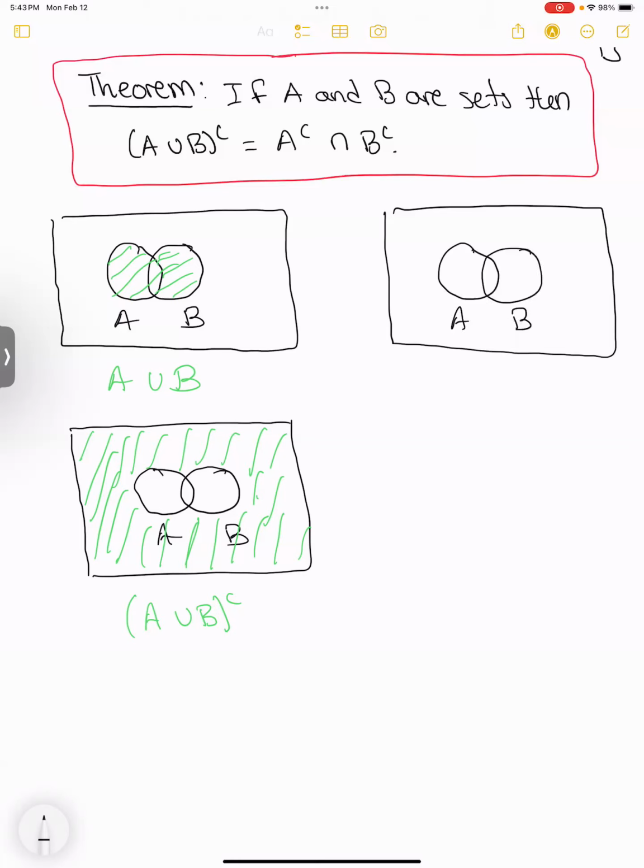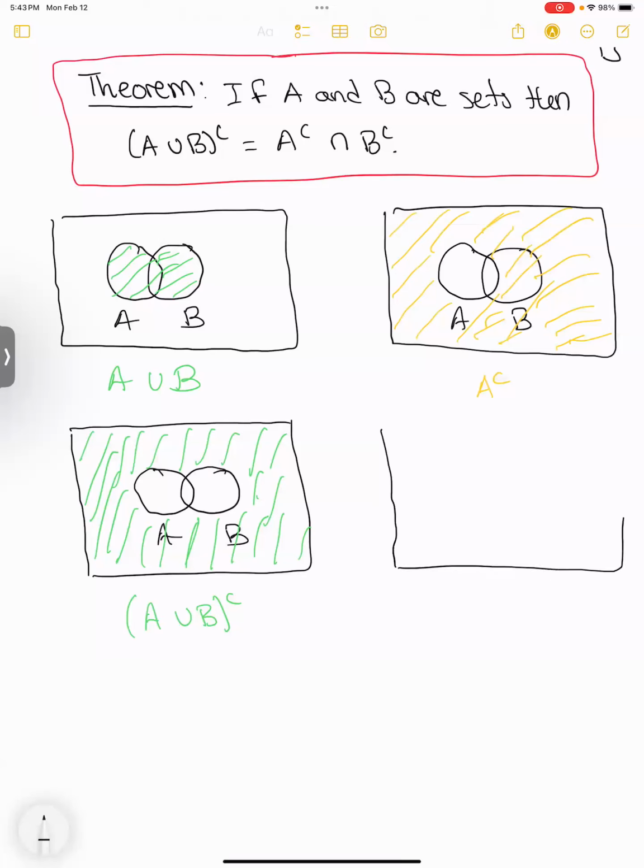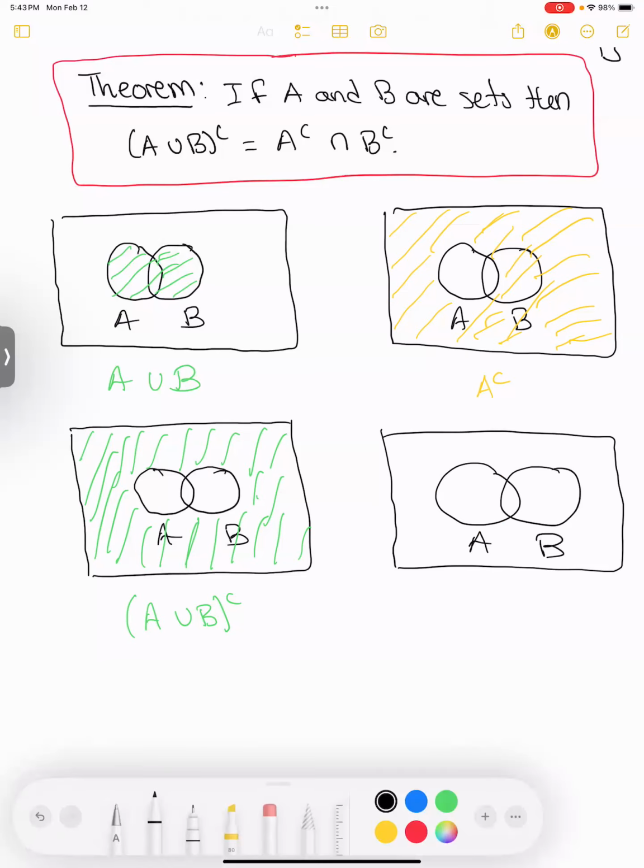So here's A and B, and if I use a different color, A complement is just going to be everything outside of A. So that's A complement, and then B complement will look like, let's use a different color. So B complement will just look like